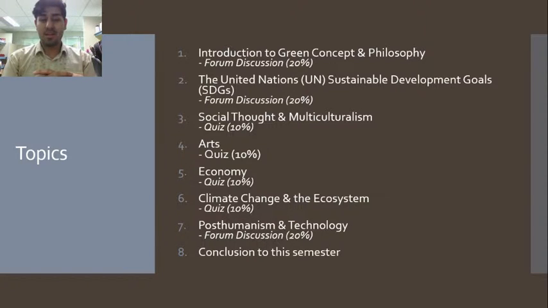We're going to look at the economy and how important a society's economy is in terms of how people live their everyday lives. The economy changes how a community lives, and how a community lives ultimately affects everything around it, the environment. We also want to talk a little bit about climate change, what that is, how it works, how it is related to humans, and give a brief overview of an ecosystem and how an ecosystem can be affected by humans.